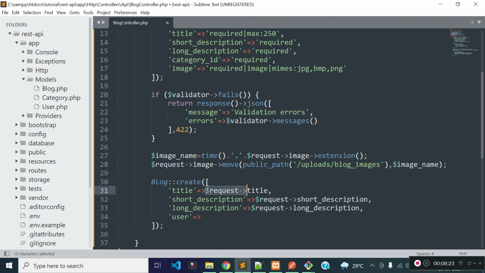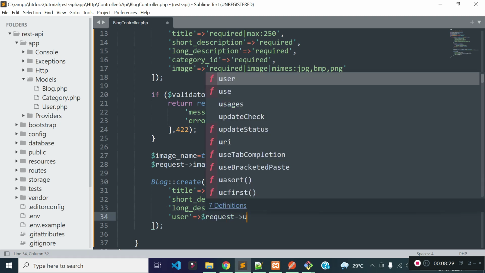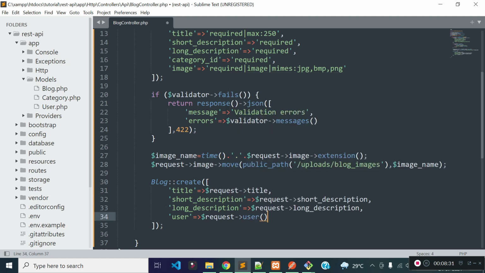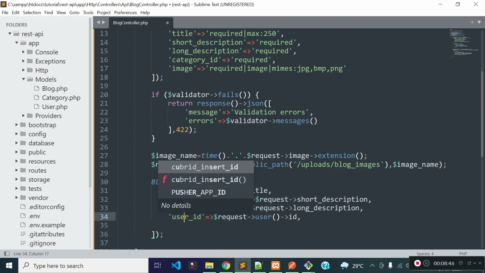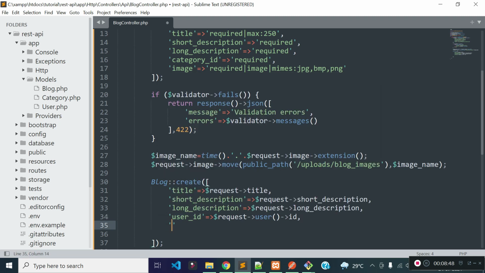Okay, so if a user is passing token with the authorization header, then we can get currently authenticated user data from request user method. So let's store user ID in the field of user ID, and I'll store category ID there.